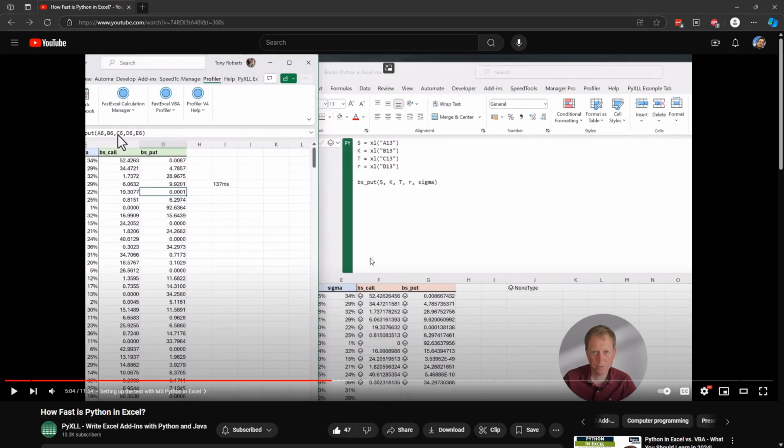So again, I just want to reiterate, this is not about saying bad things about Pixel. Pixel is super fast. It's really useful. It requires a bit more management to get set up. However, Python and Excel is very fast. It is totally integrated into Excel. You do not have to manage the environment. You don't have to worry about